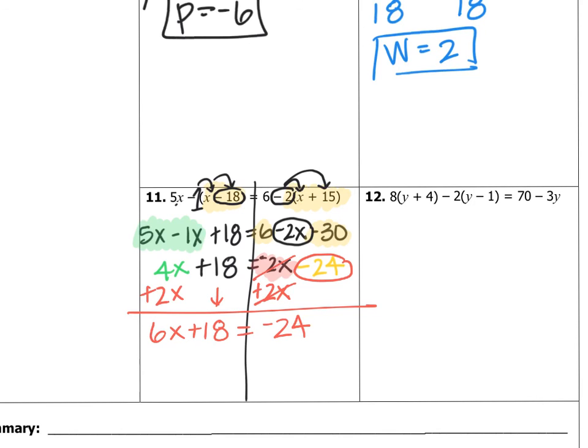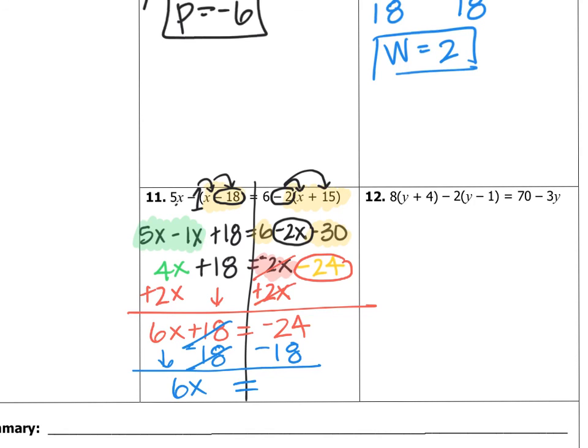All right, last few steps here. I'm going to move my plus 18 to the other side, and I do that by doing the opposite. So I'm going to subtract 18. When we do that, we have 6x. My 18 and -18 cancel. So I have 6x equals